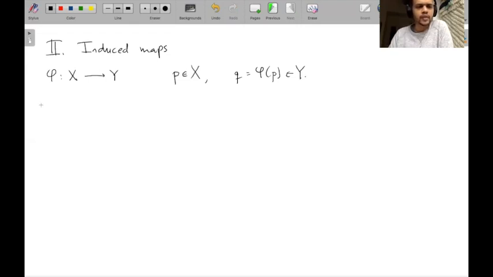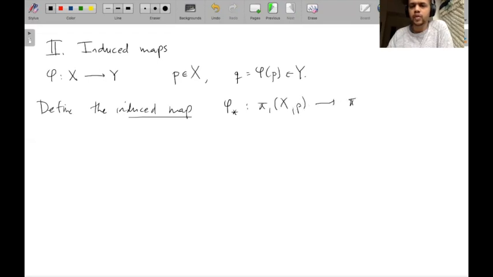So then we define the induced map, which we'll denote phi lower star, from the fundamental group of X based at P to the fundamental group of Y based at Q. And the way this map works is we send a homotopy class F to the homotopy class of phi composed